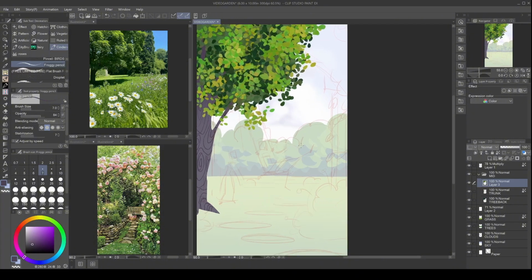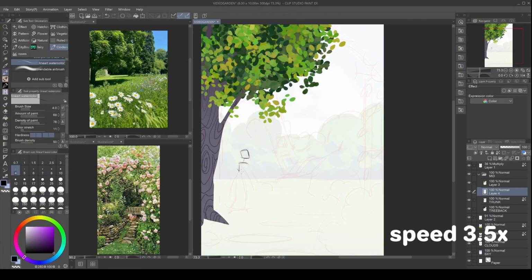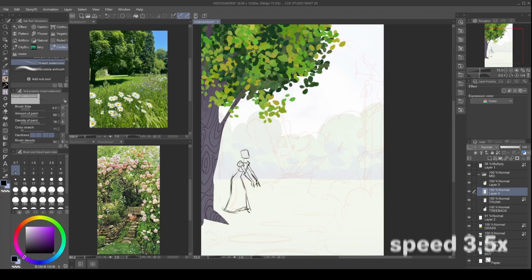Now that I have the tree out of the way, it's time for me to move on to my figures. And not gonna lie, I struggled with the figures a lot. I redrew Giselle, who's the pusher, a bunch of times, and ended up abandoning her and going back to Celeste and drawing Celeste first, and then going back to Giselle and fixing her pose,